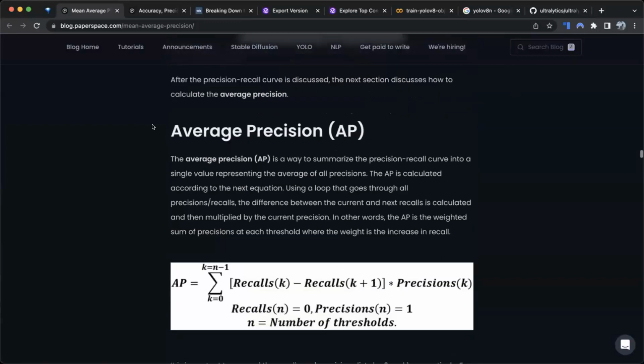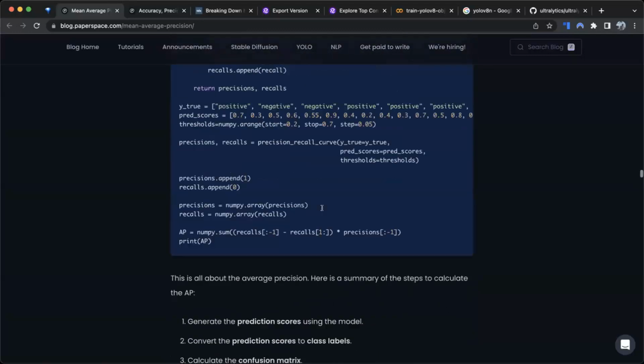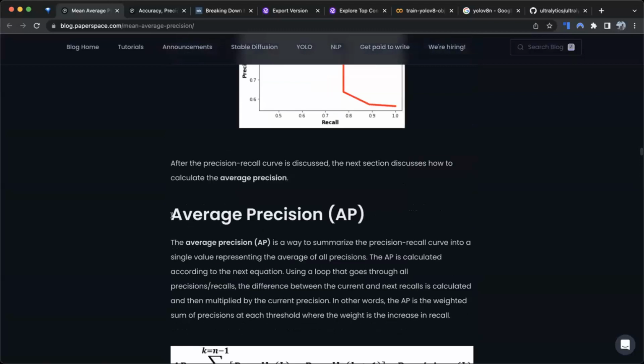So average precision is a very simple metric, which is simply the weighted average of the different precisions, where the weights are the difference in consecutive recalls. That's all it is. It's a very simple concept to understand. Whenever you hear the word average precision, this is also another word for, let's say, area under the curve for classification models. This is something that you have probably seen with Professor Khan, or maybe in some labs. And if you did not see it, you will definitely see it in future courses